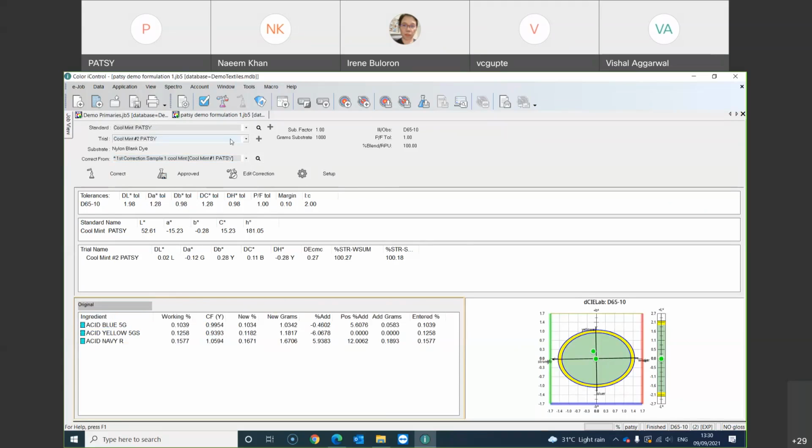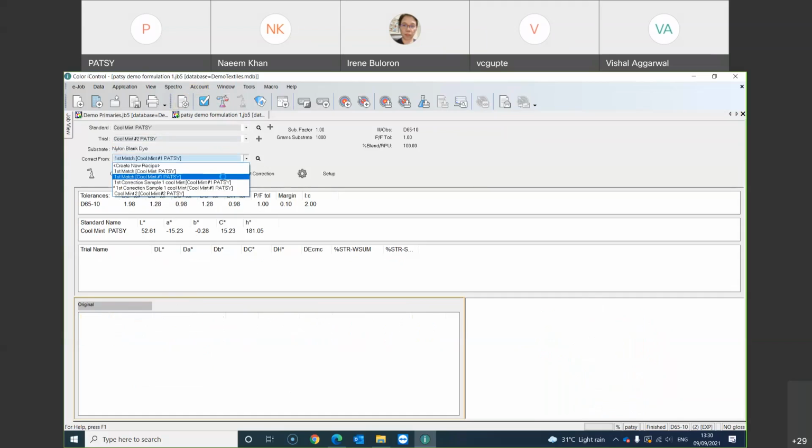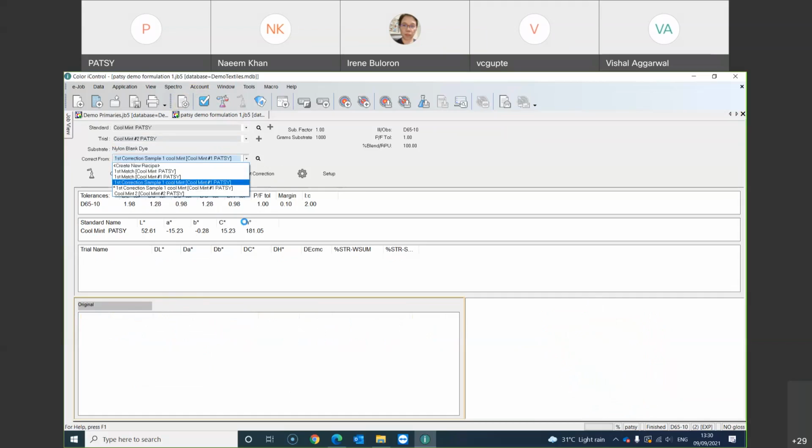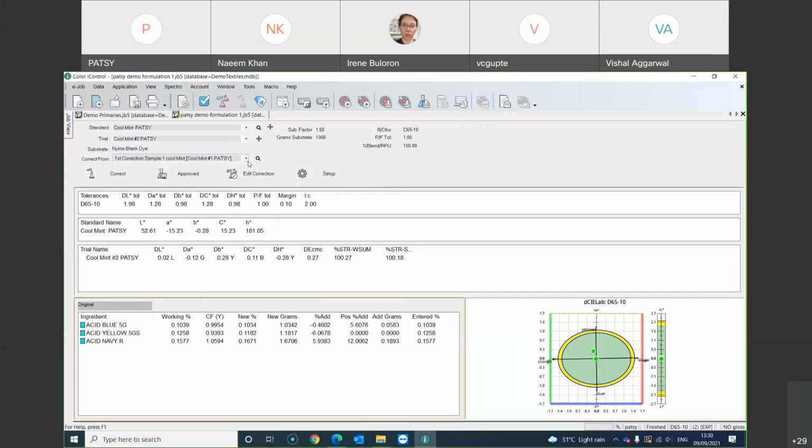Next correction. Okay, let me quickly go back and redo one more. You do correction, and there should appear next correction. Yeah, because I already clicked approve, so you can see this is all the original one. I cannot move on to next correction. Probably I clicked on approve because